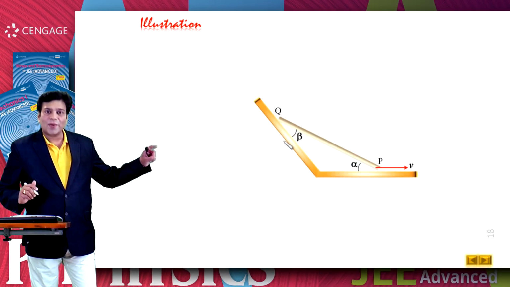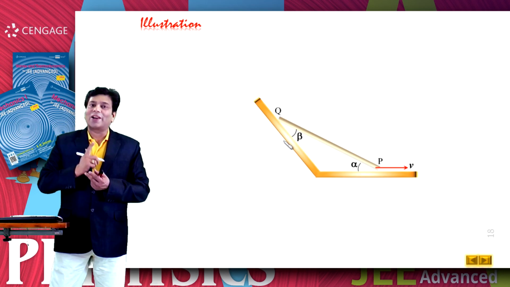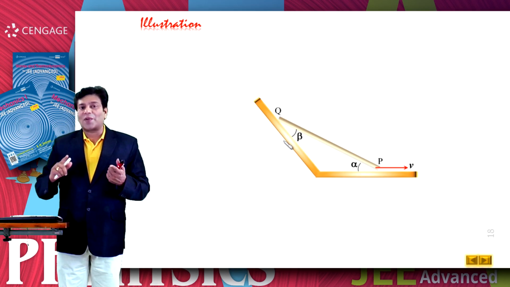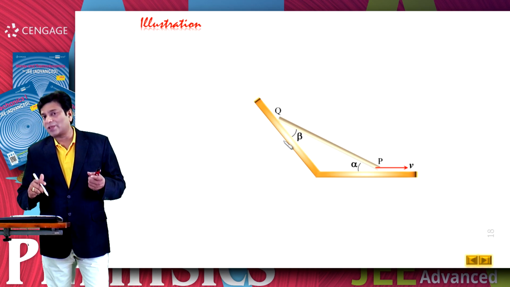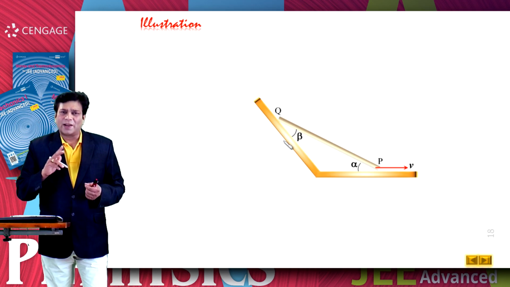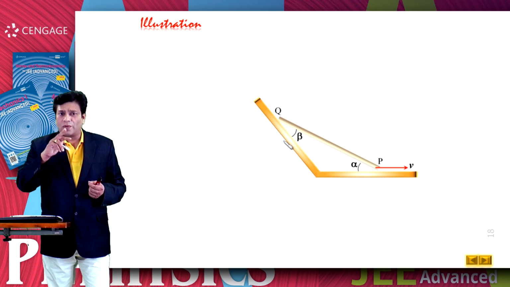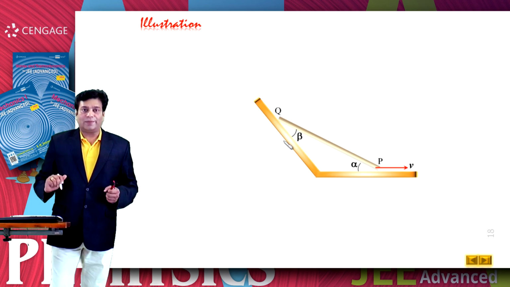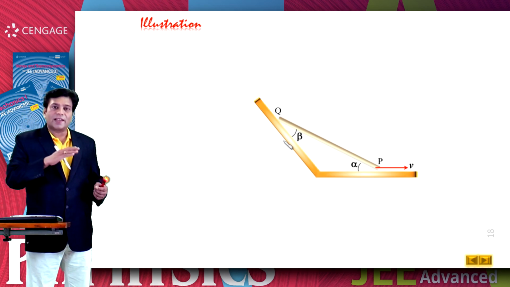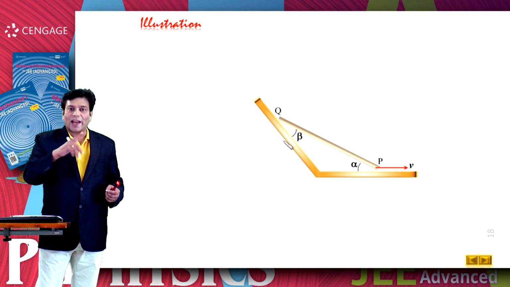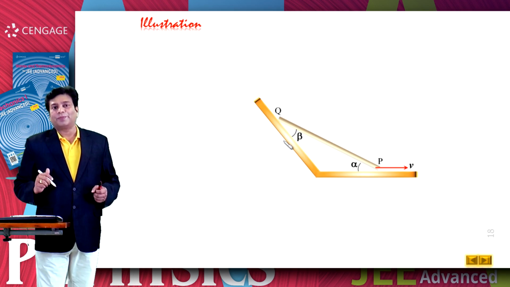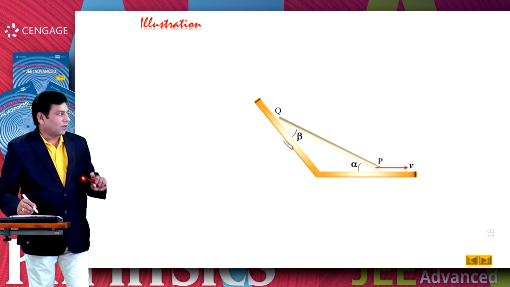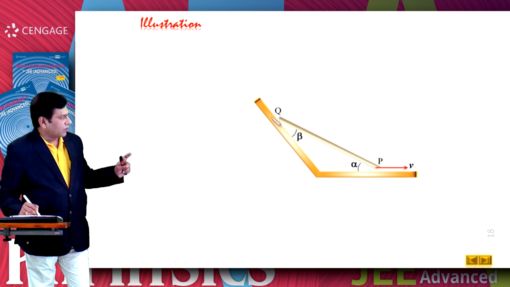In this illustration, we are going to apply two important concepts of rigid body. First one is the distance between 2 points in the rigid body remains constant. That is, the velocities of 2 points along the line joining these 2 points should be equal. That's why we can say the relative velocity along the line joining should be 0. And second concept we will use for calculation of the angular velocity. So you can follow this diagram.